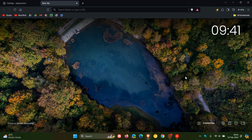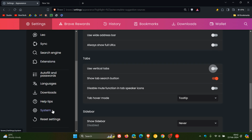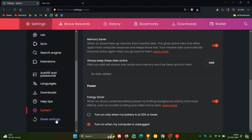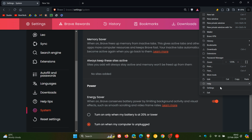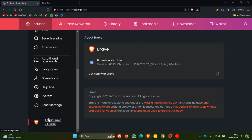And because the Chromium platform, which the browser is also based on, has been updated, if you head into your settings, system page, if we head to our main menu, help, about Brave, here on the settings, you'll see at the bottom, about Brave. You can click on that, and here we go. Here's our version upgrade to version 1.63.161. And for the Chromium platform, that's